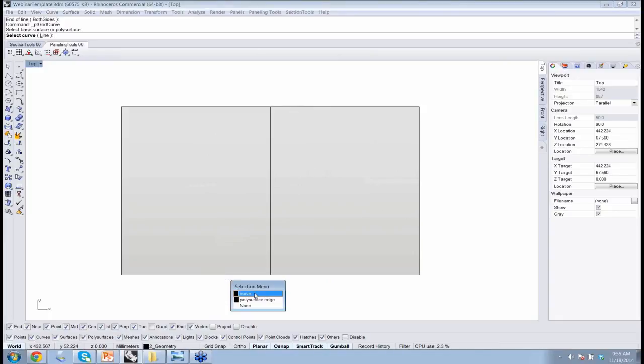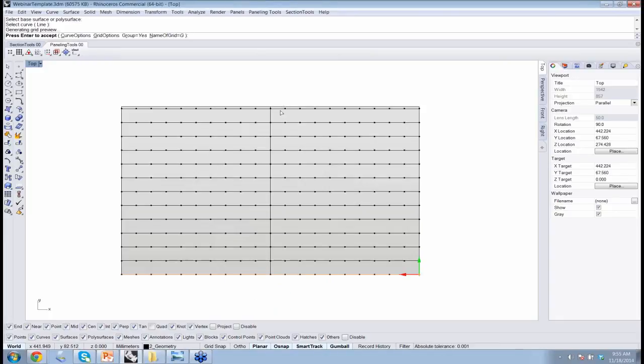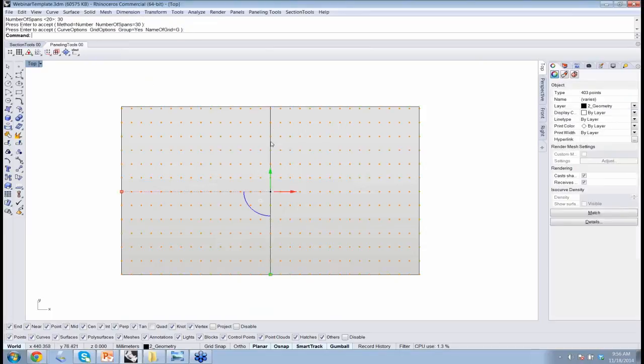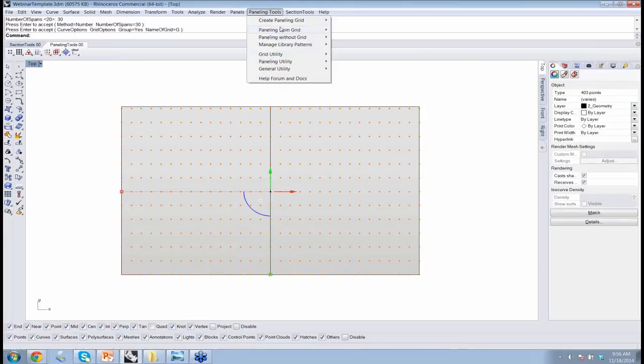I'm selecting my line, and you'll see that it's now distributed on top of the surface. Number of spans, let's increase the density to 30, and you'll see how that didn't really care about the seam in between, and it's really going to go across the polysurface. So if I come to generate the panels,